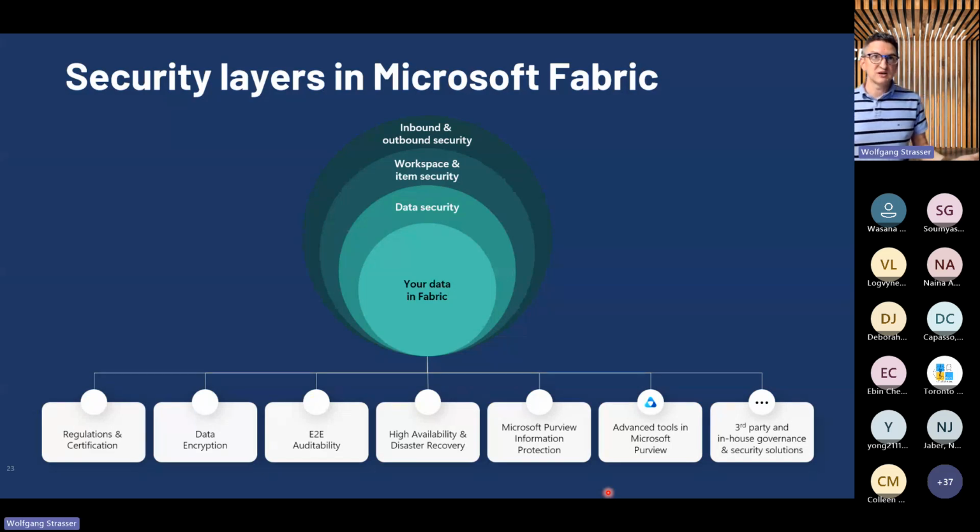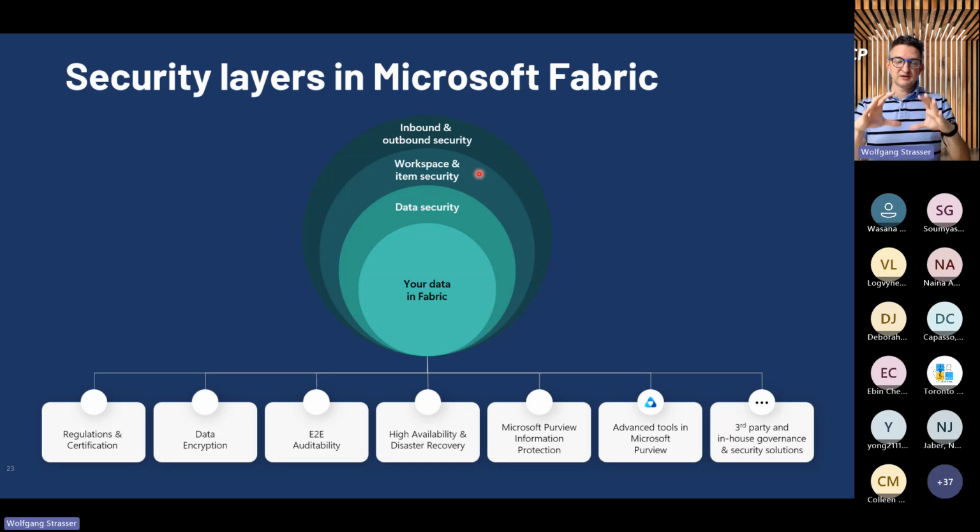Data governance also includes data security. And when we talk about data security in Microsoft Fabric, we've got different layers. First of all, inbound and outbound security, like how to secure the connection from the public internet to your Fabric environment: private links, conditional access, and so on. The workspace and item security is the next level.